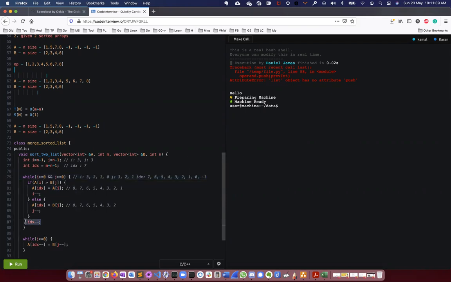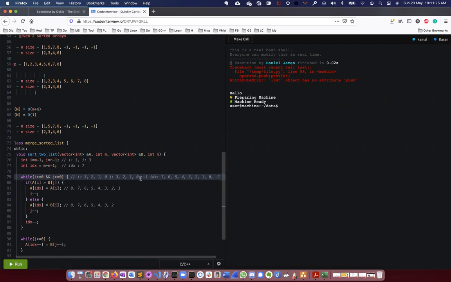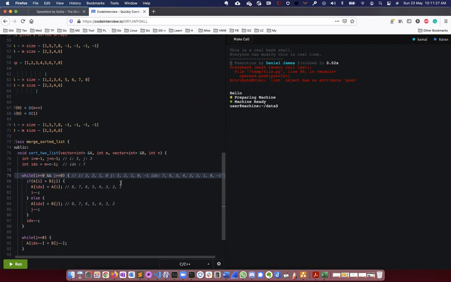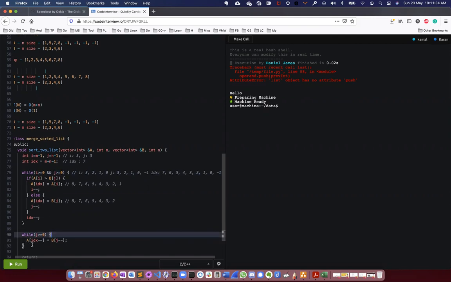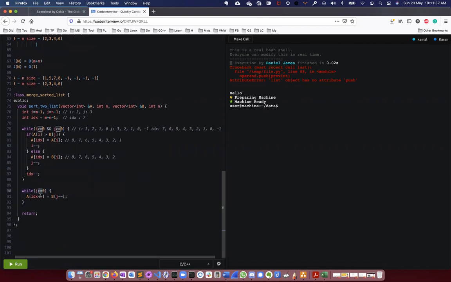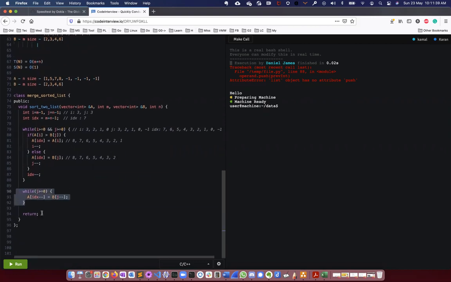Then this will be 0, and this will be -1. Now i and j are less than 0, so it will be the end of the loop. Here I'm checking whether i is greater than or equal to 0. No, it is negative, so I'm not processing this part and returning here.